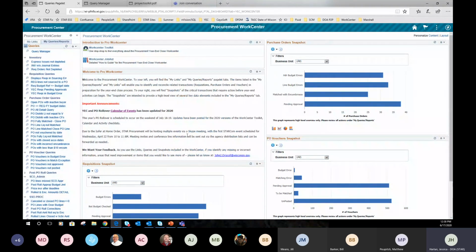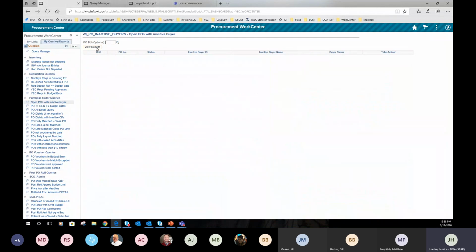However, for many of our super users, these items that are available here and then some all have a query that's going to open up a little more detail. So potentially, I'm a buyer and I manage several divisions, and I'd like to look across there and just see what it is I'm looking at. Now, this particular item, my users have been excellent at reconciling, so they're not going to see any inactive buyers. Maybe I should find a query that's going to deliver